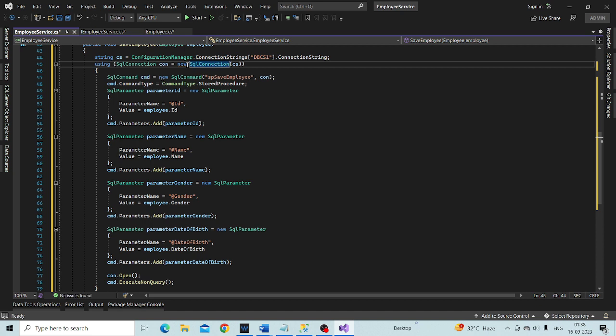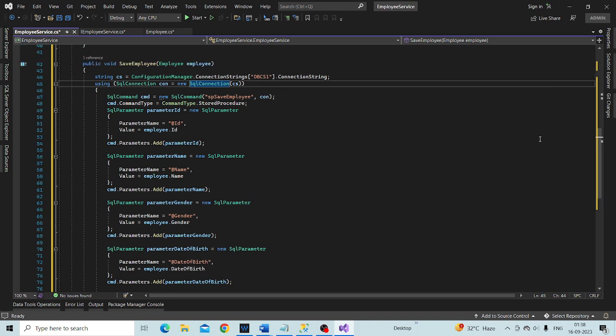Need to give space. So again we are reading the connection string dbcs1 from the application configuration file,